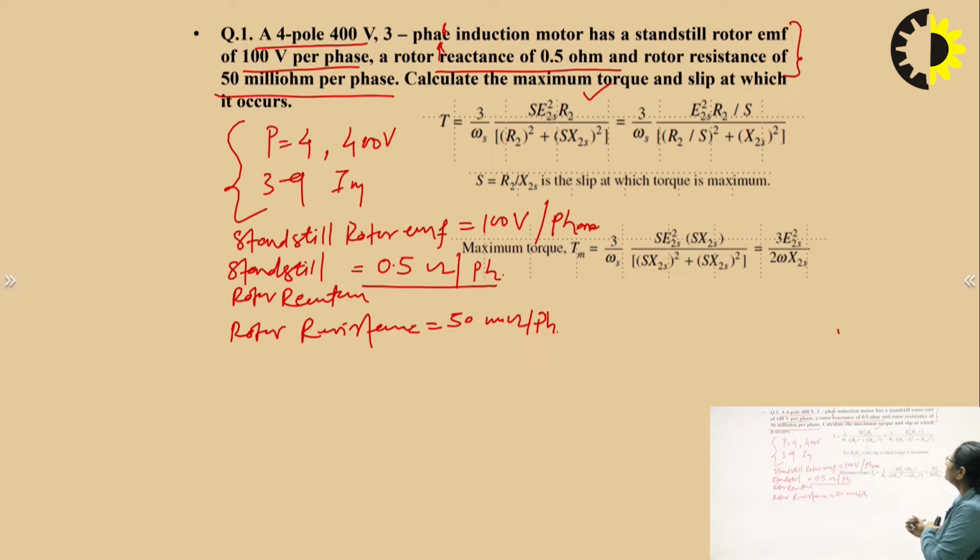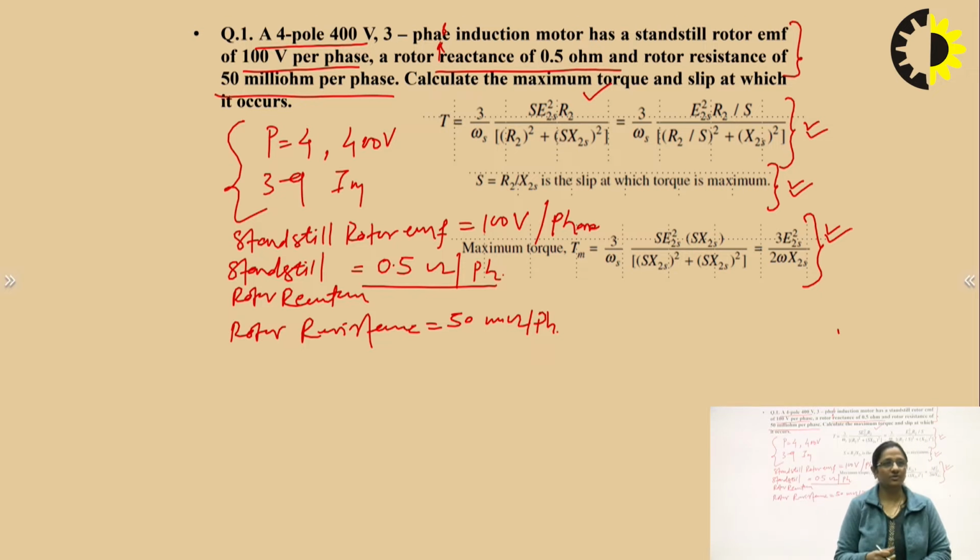So, for your reference, I have put the formula of the torque developed by the motor, the condition for the maximum torque developed in the motor, and the equation of the maximum torque. So, it's a simple question in which we only have to substitute the values in the equations to get the